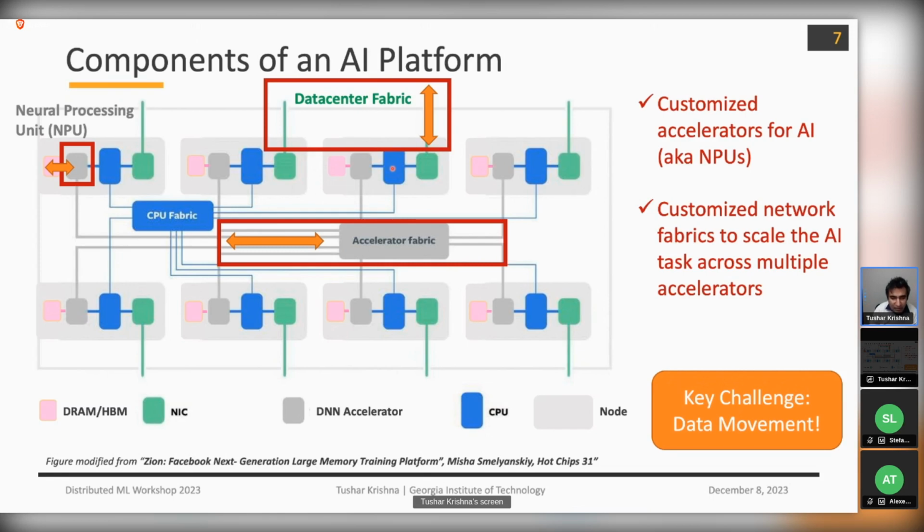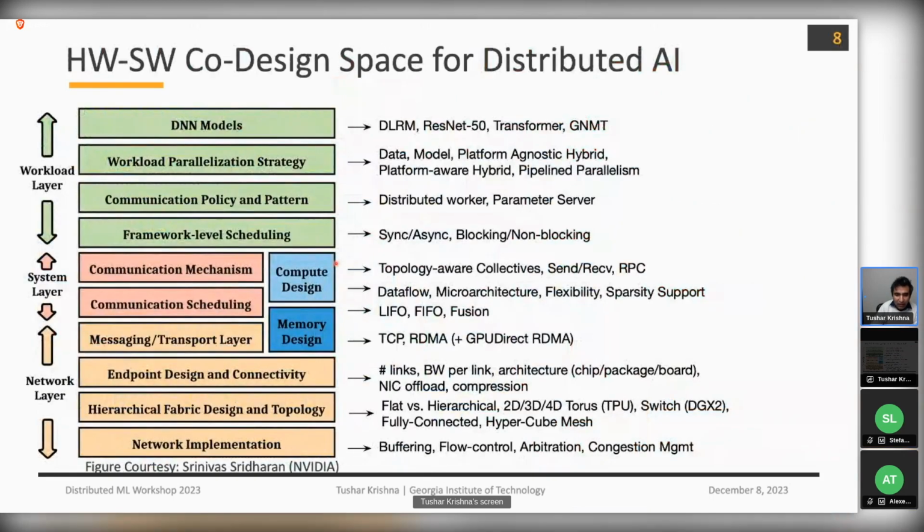So a lot of our work has been trying to understand the design space. I come from a computer architecture background, and we've been trying to understand how do you build such systems very efficiently? How do you build the accelerators? How do you build the fabrics? And how do you scale? In order to do that, we've been trying to understand the overall hardware software co-design space for distributed